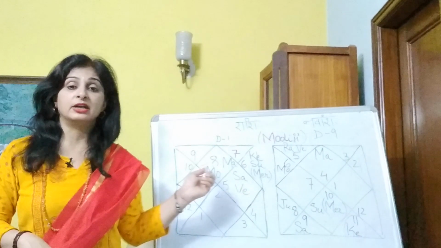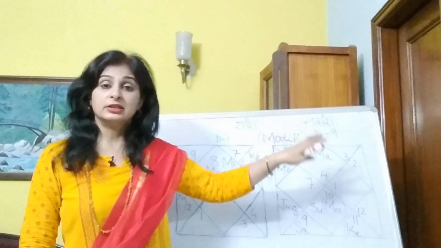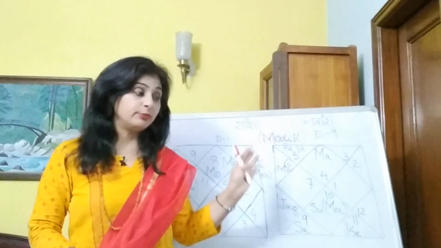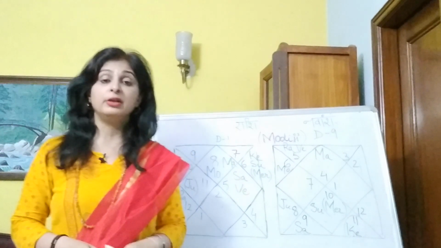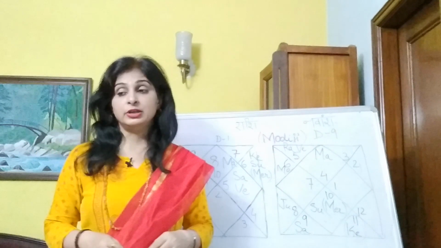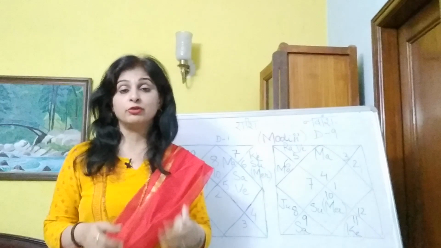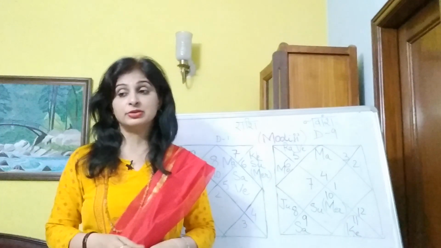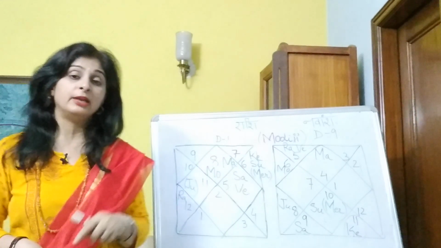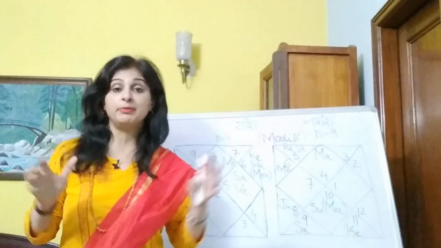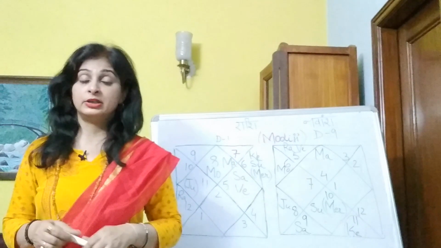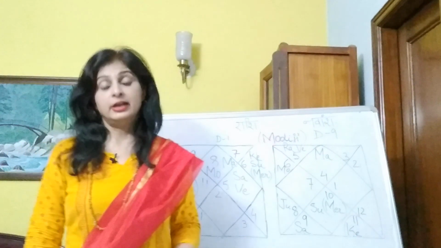So this is how you have to interpret by using the Navamsha placement of signs in the D1 chart. You just have to superimpose the planets in the D1 chart from the Navamsha and then you can study. I will explain this technique with an example of none other than our very honorable Prime Minister Shri Narendra Modi, who is now running his tenure for the second time as Prime Minister. I will go back to the year 2014 when he became the Prime Minister for the first time with a thumping majority, see what planetary dashas were running, and we'll see it through the Rashi Tulya Navamsha.